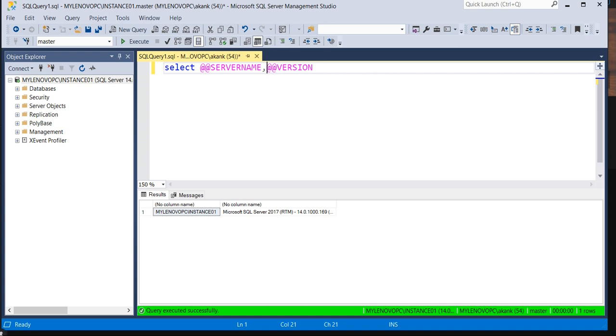How is it possible? You need to segregate the servers by domain, so that servers in the same domain are clubbed together. If it is a test server, all the test servers should belong to the same domain. Then only it is possible. If it is in another domain, it will not connect to the instance and your patch will fail. So the first thing to keep in mind is that whatever servers you are patching should be in the same domain.